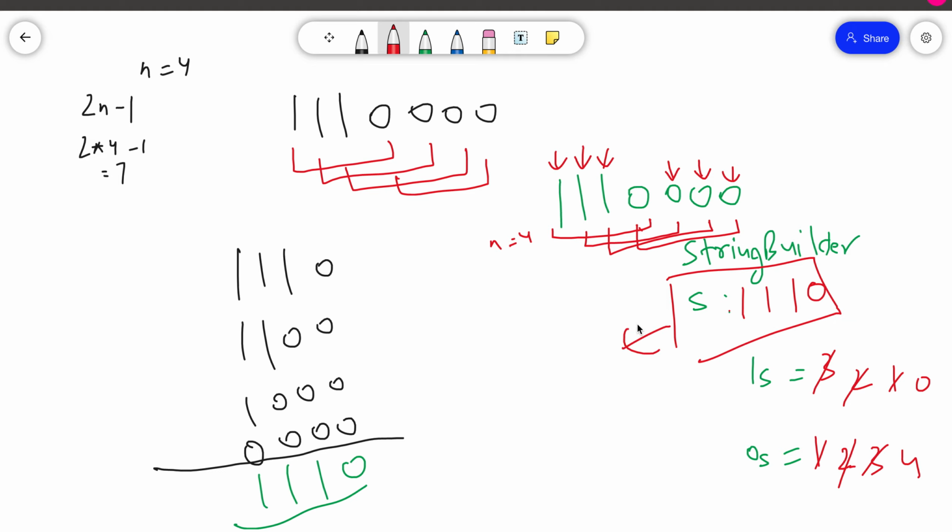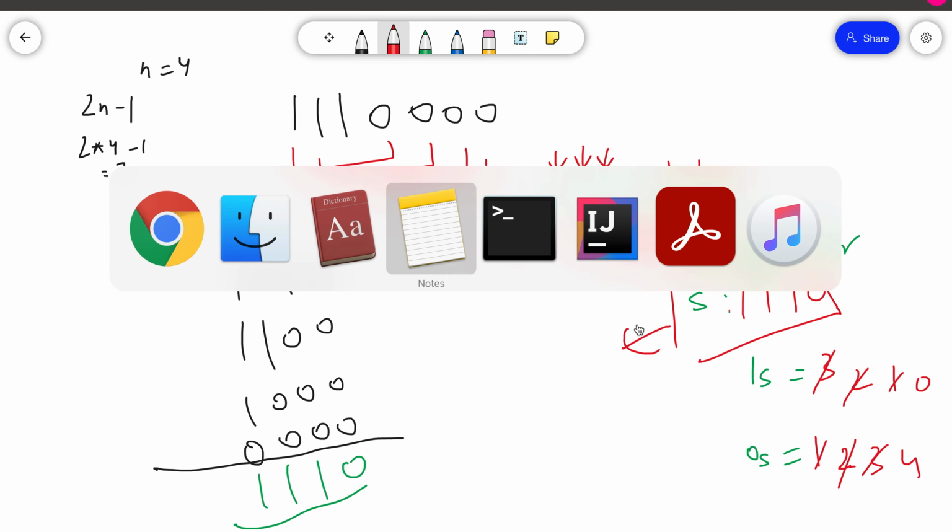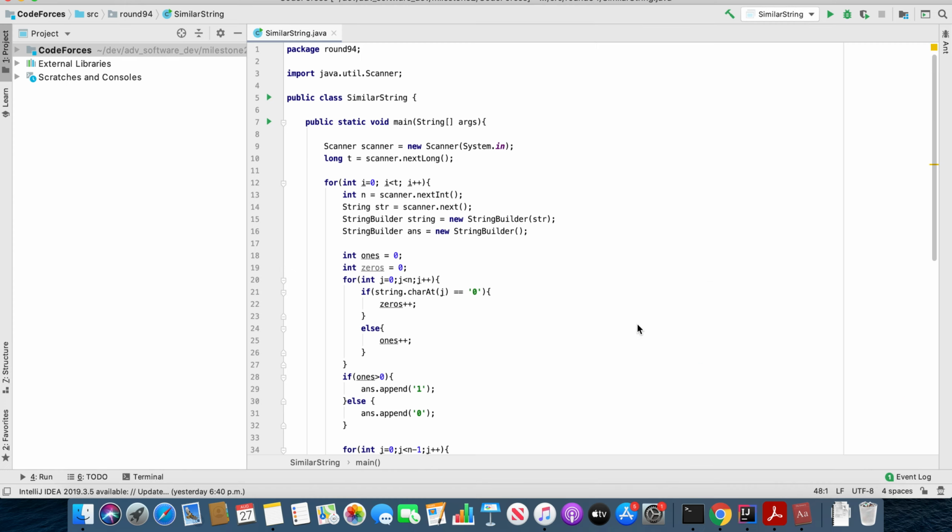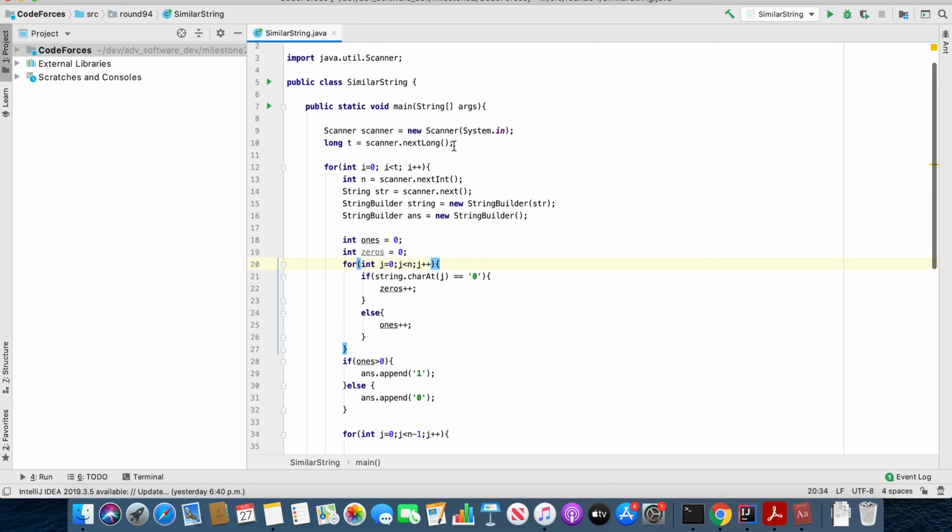Now let's look at this in code. Here I'm just taking the